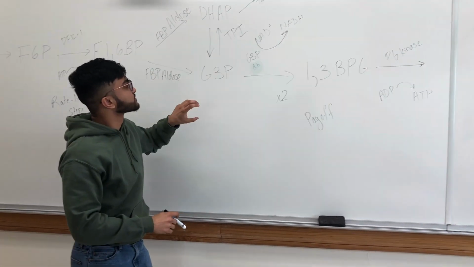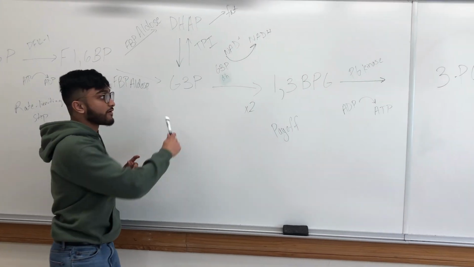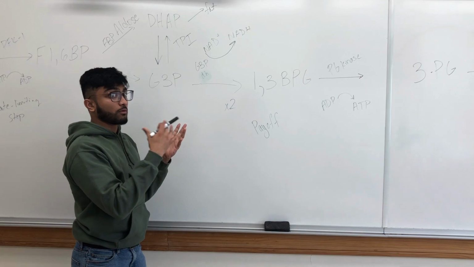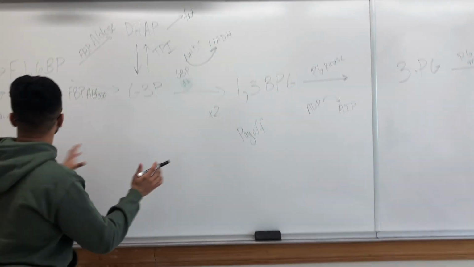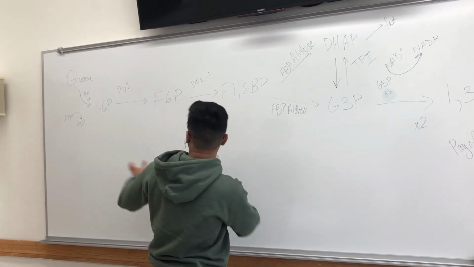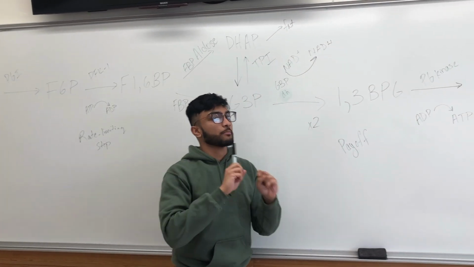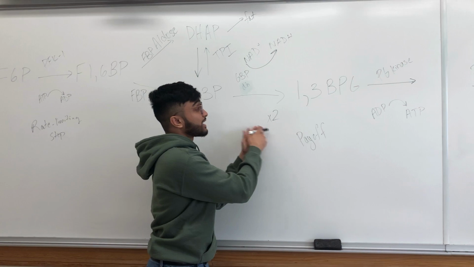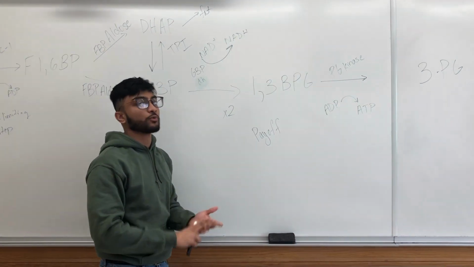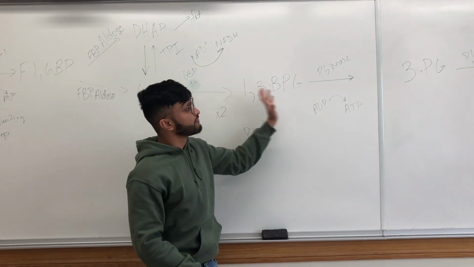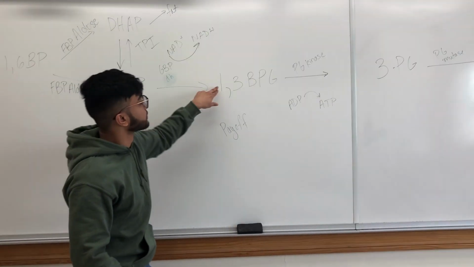So now we have glyceraldehyde 3-phosphate. Now this is a very important step. This is the step where it changes. So you know how you see you're using energy? Well, now all that energy use is going to pay off. So this step happens twice in glycolysis. That's really important to remember. It happens twice, so from now on you have two molecules of